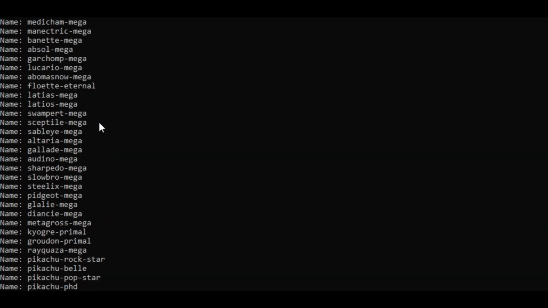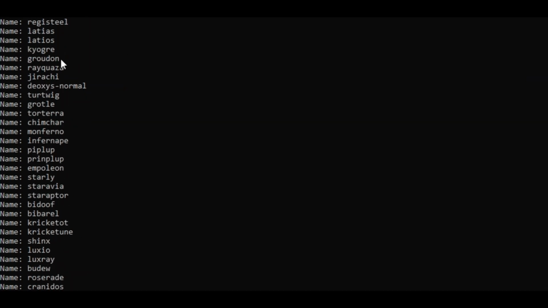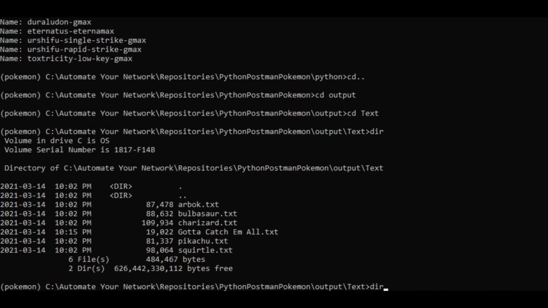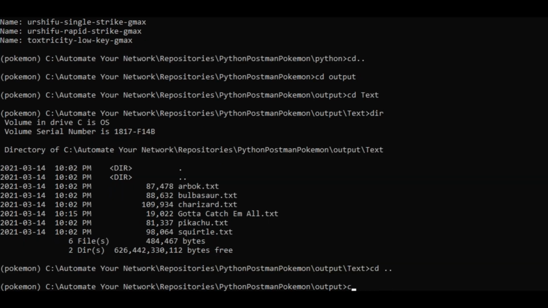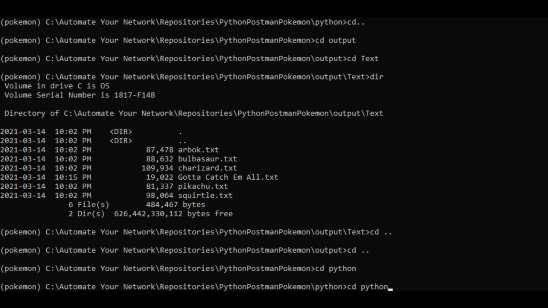Let's get a simple name without a dash in it from our list. Let's pick, sure, Jirachi. So I'm just going to push up arrow. No, I got to go back into my other folder. So I go to my Python folder, and I'm going to run the other playbook, get